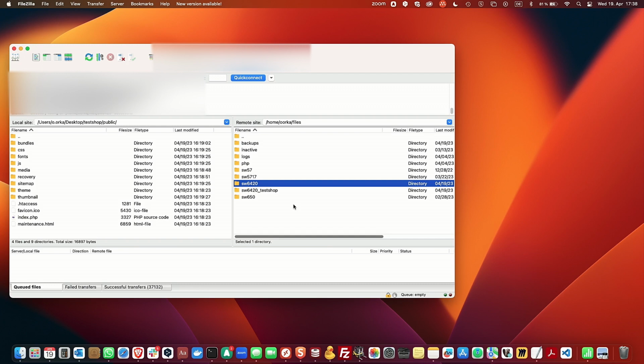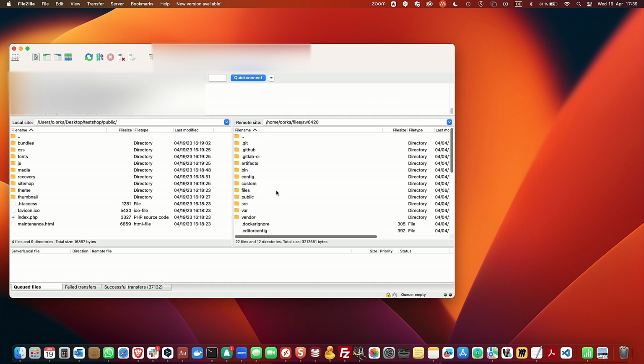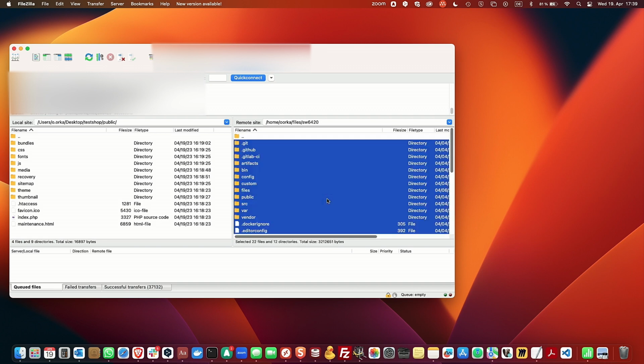So now I'm going to copy the files and directories from the live environment folder to the newly created folder. This is my live environment folder and below is the test environment one. So I'm gonna double click and go inside the live environment folder and copy all the files here to the newly created folder.